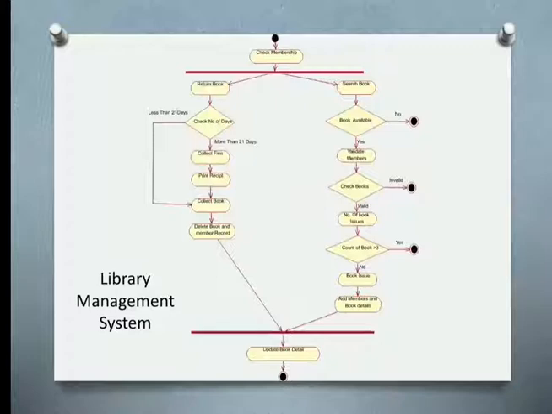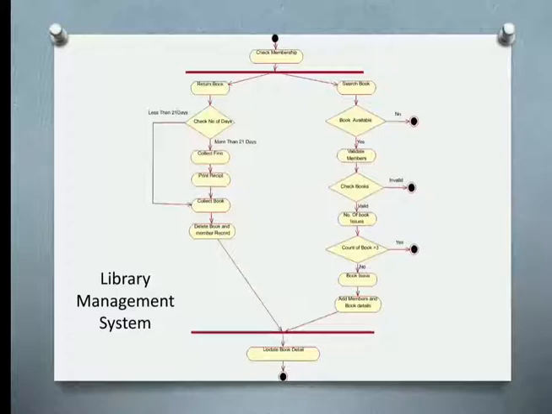If the book is valid, the number of books issued to that particular member is checked. If that person has been issued more than 3 books, then the book is not issued. If that person has fewer than 3 books, then the book is issued and the book database is updated. If the book is not available, then the activity is terminated. That's why in this activity diagram there are 3 final states. In a particular activity diagram, we can use multiple final states, but an activity diagram has only one initial state.